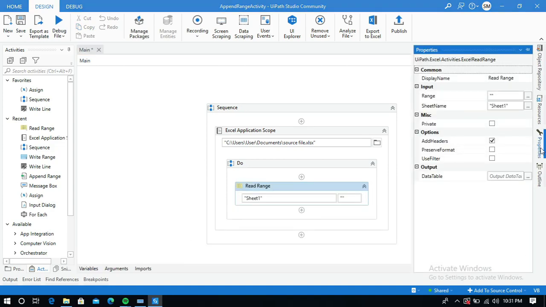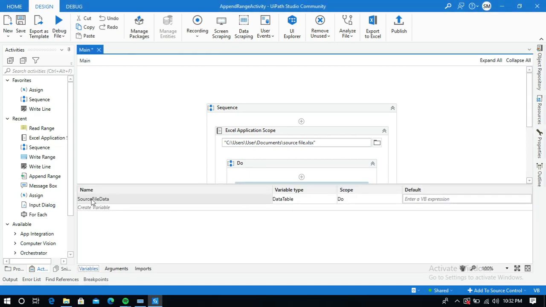At the output I am going to use the shortcut Ctrl+K to create the output data table variable, and I am going to name it source file data, for your better understanding. Hit enter and go to the variables panel. See here, a variable is created, its type is data table and its scope is the sequence.